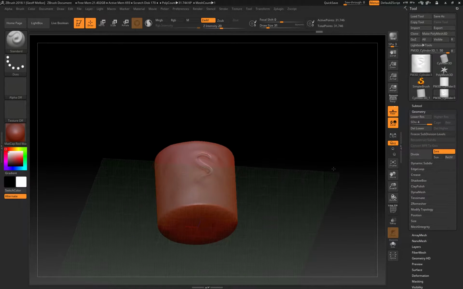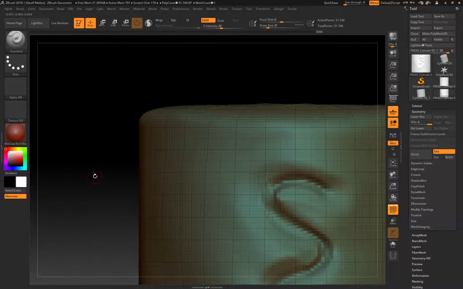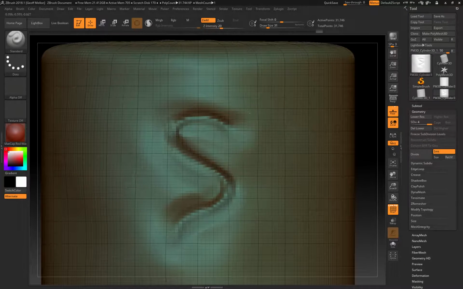But let's go back here and look at this. The other way of doing stuff is when I build something in ZBrush, generally speaking, since everything is based on the mesh, when I take a look at this, and I'm going to hold Shift F again so we can see the resolution here. What I'm looking at is the amount of polys it's using. And if we go up here and look at the 31,000, what I usually do is I want to